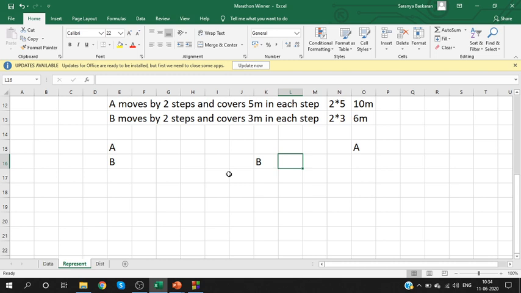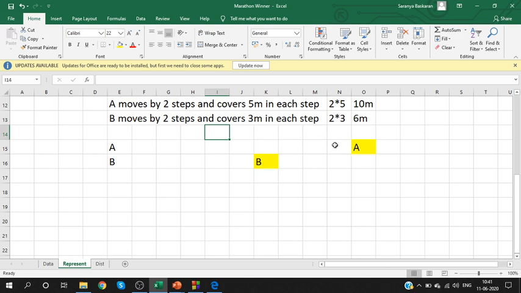Okay, you can't just directly consider the steps. Along with the steps, you should also consider the distance covered by them. Is it clear? Okay. So we should know how to calculate the distance covered. It is not sufficient if you know only the steps covered. You should also know their current position. Because only when you know their current position, you can say who is leading. Yes, that is our ultimate point here. We need to know who is leading. See, if both are taking 2 steps, I cannot say both are leading. I need to know their position. Only based on their position, I can tell which one is leading, right?